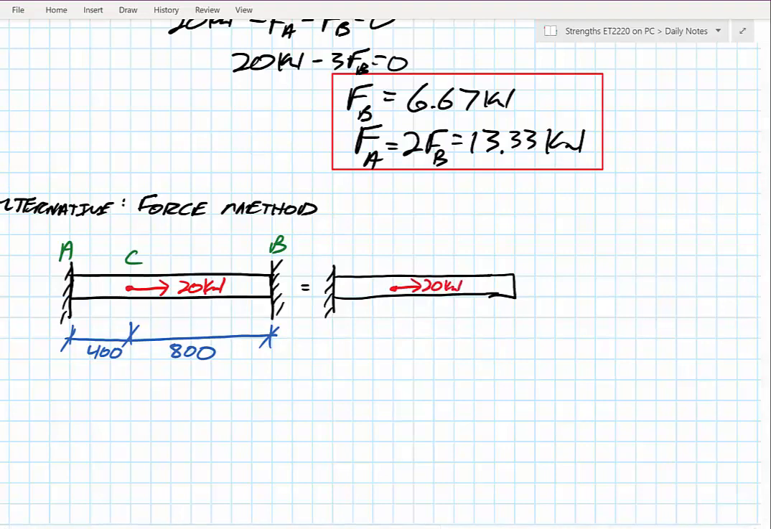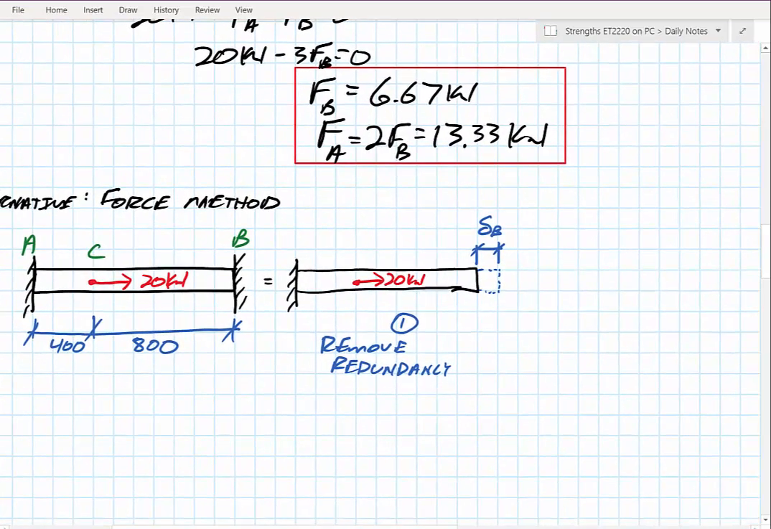So if everything else is the same, I still have this pulling at 20 kilonewtons, and I remove the reaction at B, then I know that this whole thing, as we've seen before, would elongate. I'd have a little bit of a delta here, right? I'll call this delta at point B. So this first step is to remove our redundancy, basically making it statically determinate, right? And then the second step would be to